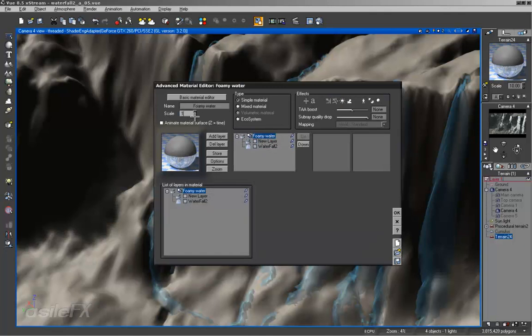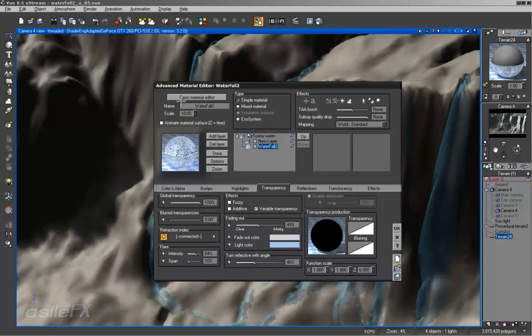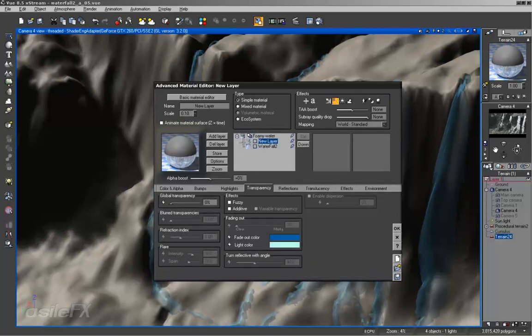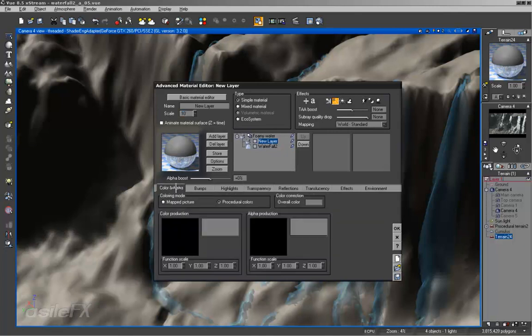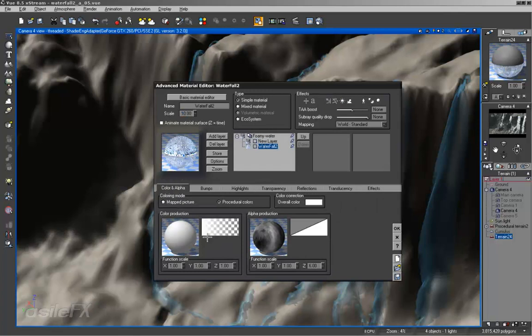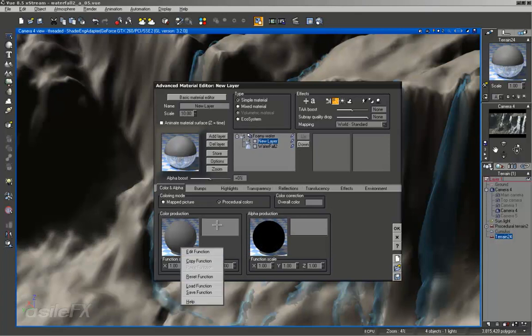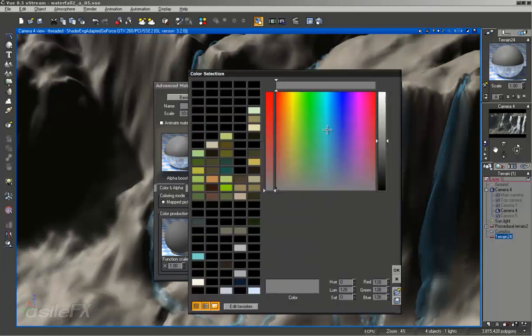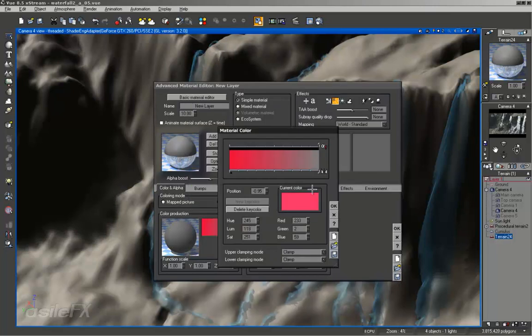change that top one to 1. So we have 10 for the waterfall, which is going to stay the same. That new layer, we're going to also set to 10, making sure it's world standard. And I'm going to go ahead into the color production, edit, and set up red and blue